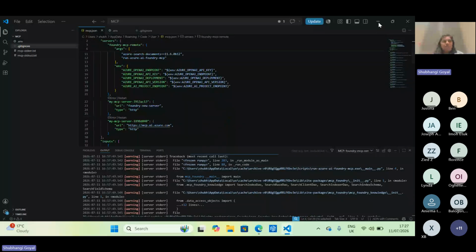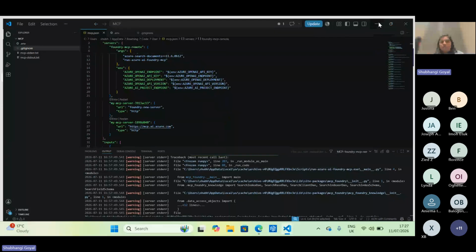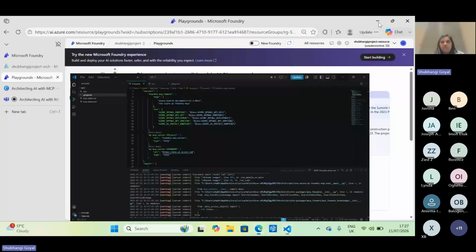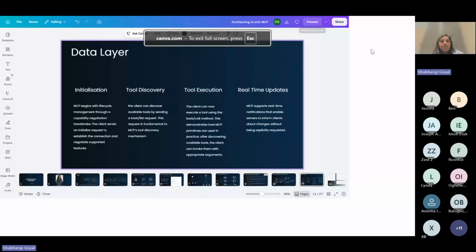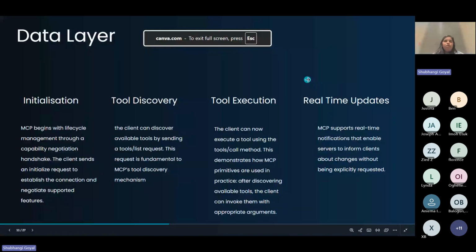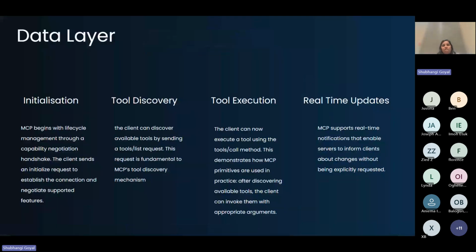All right. So from here, let's go back to my screen again. And I'm going to show some of the other bits. So let's talk about the data layer. So now I've talked about what MCP is, why we need MCP, then I've given you a small insight into what Foundry is, and then how you create a Foundry MCP server. And in these 4 things, there's one other thing which comes after that, which is basically your data layer.